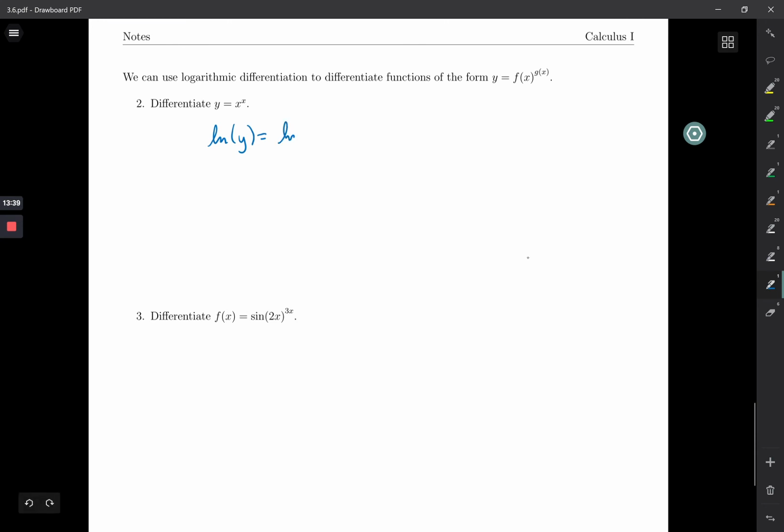We always start these problems that way. And then we can use that exponent rule to take this x out front. So we can rewrite this as x times natural log of x. And then on the right-hand side we have a product. So if we want to differentiate,